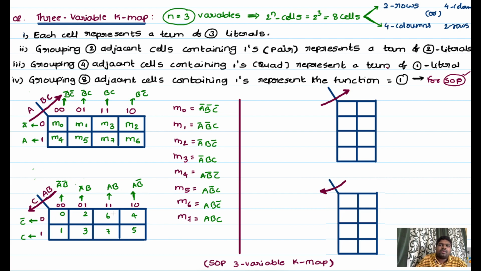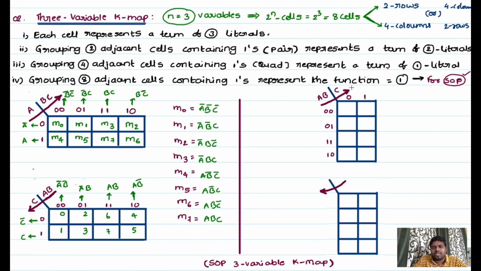Okay, in the same way you can take this arrangement also, no problem. Here on this side we have a total of 4 combinations, so here I will take 2 variables A, B, and on the top side we have only 2 chances, so I will take a single variable, that is C. Here I am assigning the binary bits 0 1, and here we have 2 variables, so I will assign 0 0, 0 1, 1 1. Always use gray code sequence, so I am taking 1 1, after that 1 0.